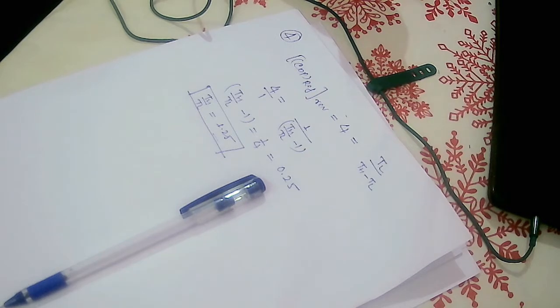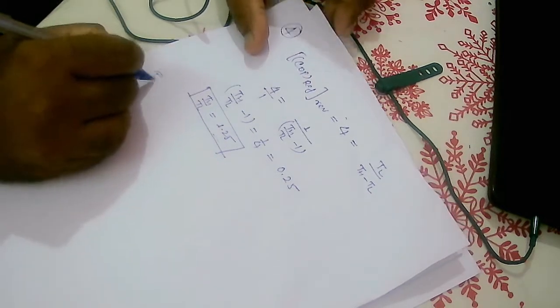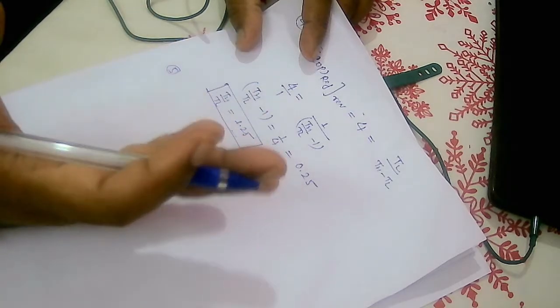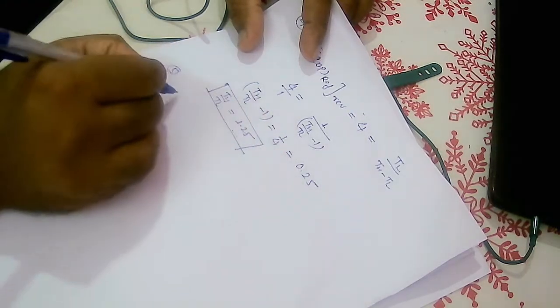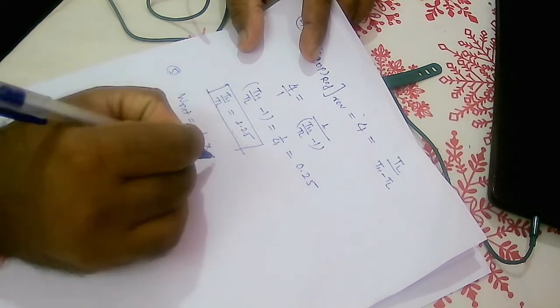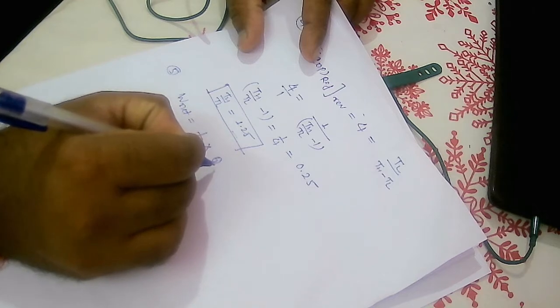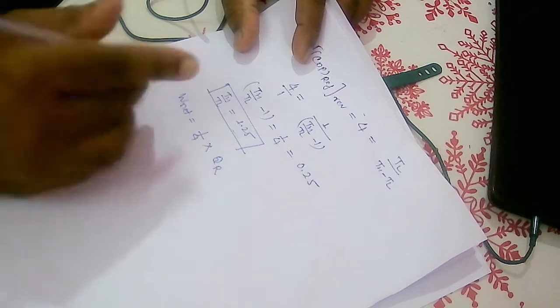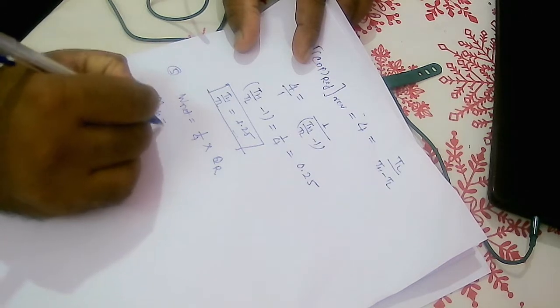The work output is 1 by 4th of the heat rejected to the sink. The thermal efficiency of the engine would be, thermal efficiency has been asked. So what is given? A heat engine operating on a Carnot cycle is a reversible heat engine, keep in mind. The work output W net is equal to 1 by 4th of the heat rejected. So the heat rejected is given. All right, thermal efficiency is being asked. What is the thermal efficiency of it?